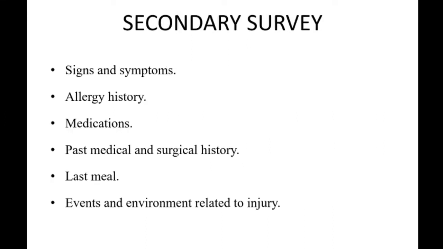SAMPLE history, signs and symptoms: he complains of abdominal pain since 4 days, mostly in the upper abdomen, dull aching type of pain radiating to the back, exacerbated with food intake, associated with non-projectile, non-bilious, non-blood-stained vomitus. The vomitus was mostly food particles, and for the last 2 days he was noticed to have abdominal distension and breathlessness.